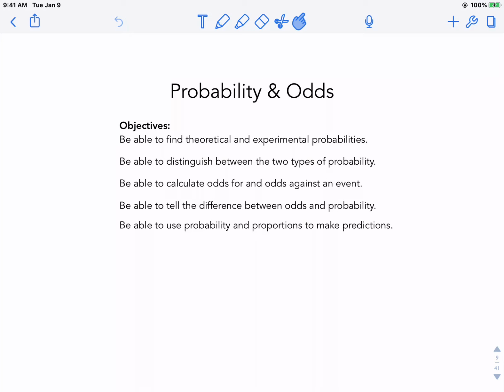This is the lesson video for the first day of probability and odds. While we talk through the objectives, please get out your notes packet and find where the first section on probability and odds comes up. The objectives over the next 3 lessons that we'll do in the next few days are